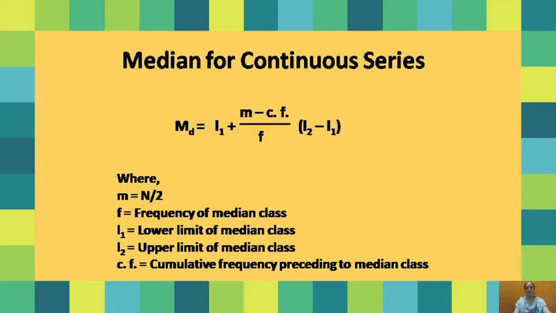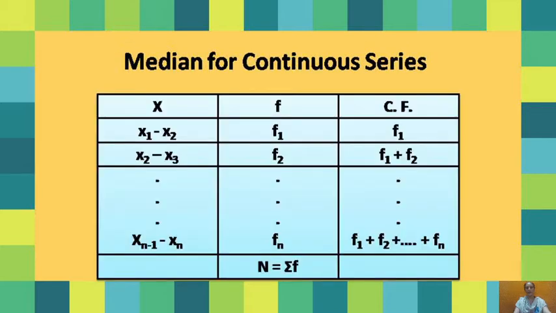Before proceeding to the example, here you can see firstly how we can calculate cumulative frequency. For any kind of series, you have to calculate cumulative frequency. For the first class, the cumulative frequency would be the same as the frequency of the class. For the second class, the cumulative frequency would be the sum of the same class frequency and its preceding class frequency. The same concept we need to follow to calculate the cumulative frequency for the remaining classes. This way we can calculate the cumulative frequency.